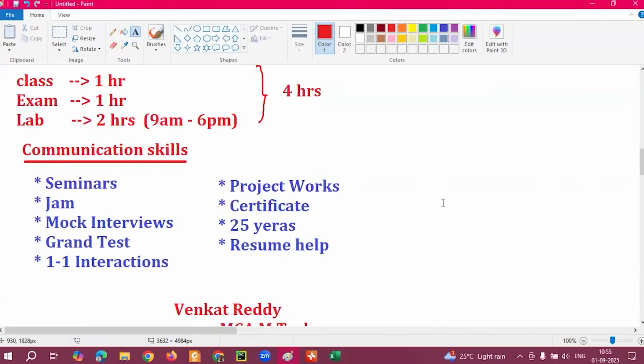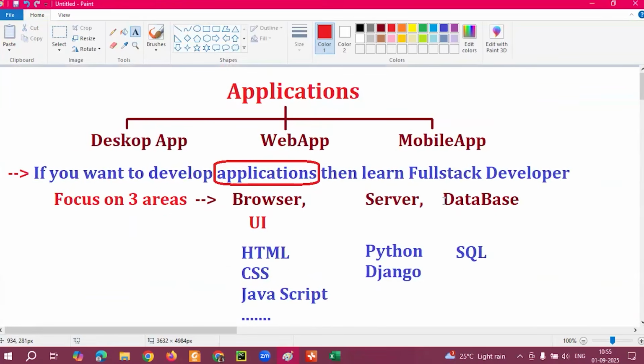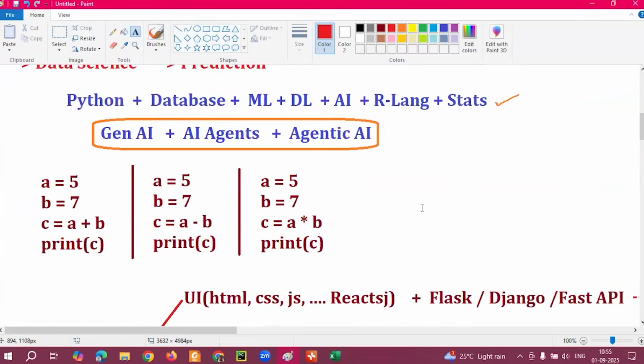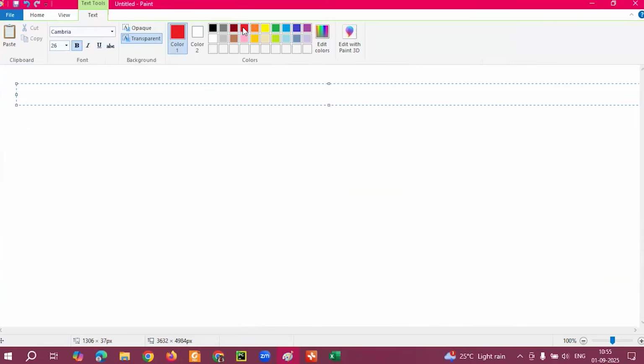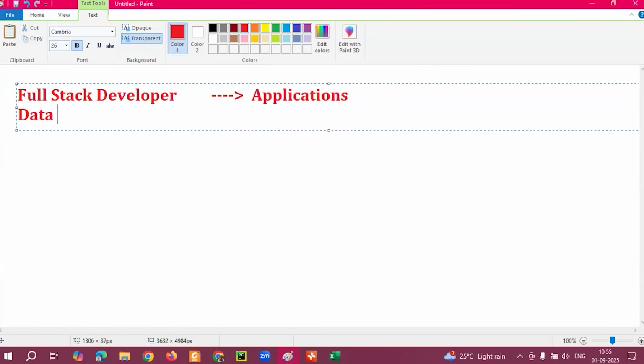So today, what we discussed, guys, today we started with 3 things. One is called full stack developer. Let me give a brief view about today's class. Today we discussed the full stack developer at present in the market. What will a full stack developer do? Sir, their main target is to develop applications. They will focus on applications. Second role is data analyst.